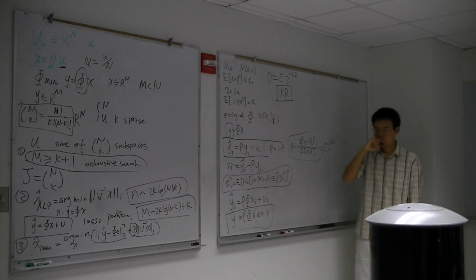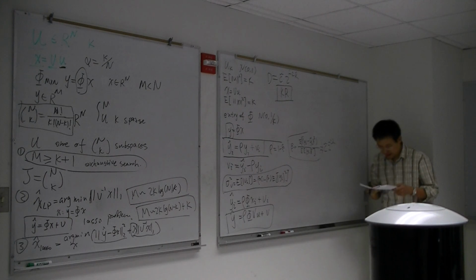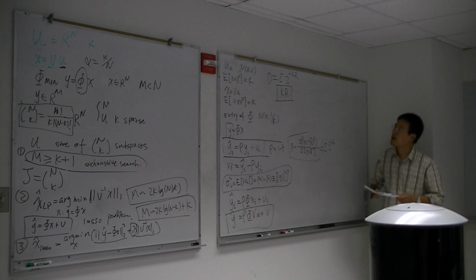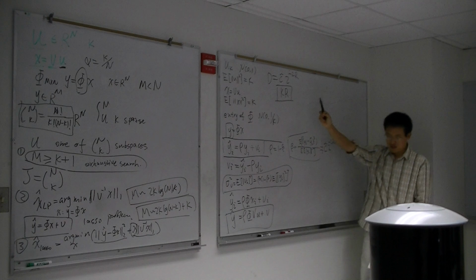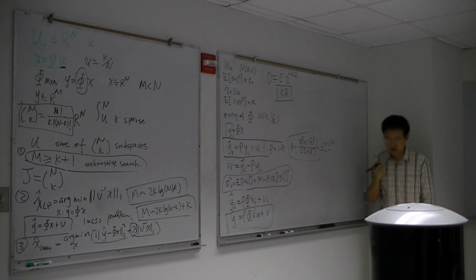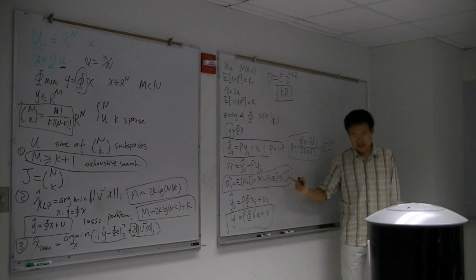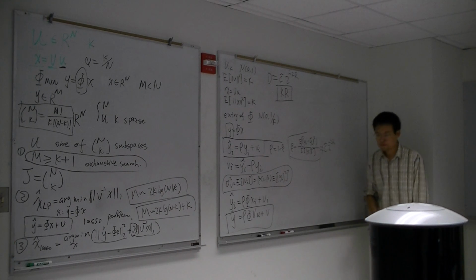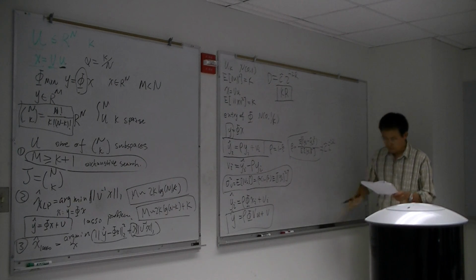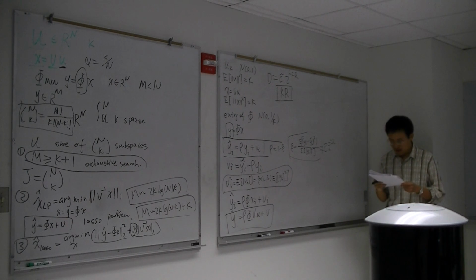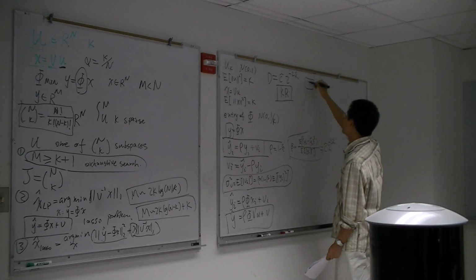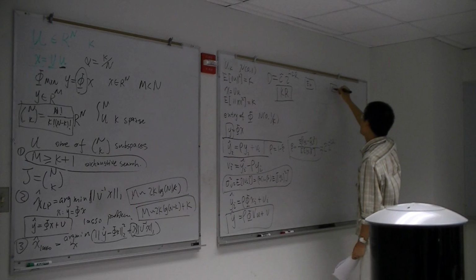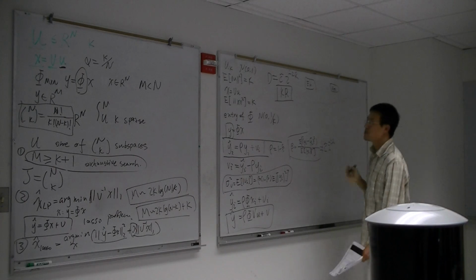So, given the total rate k times r, we want to figure out if k times r is enough to recover x according to y. And before we talk about this, we have some simple scenario. Suppose we have an encoder here and a decoder here, and